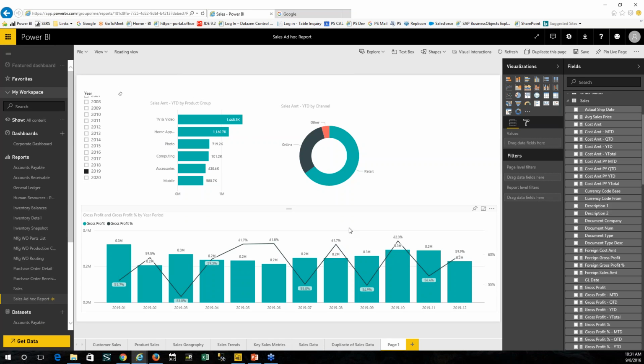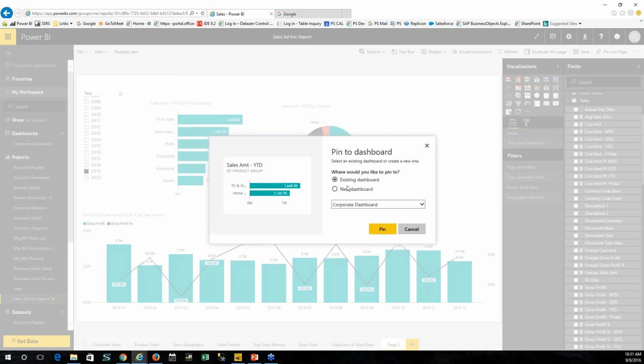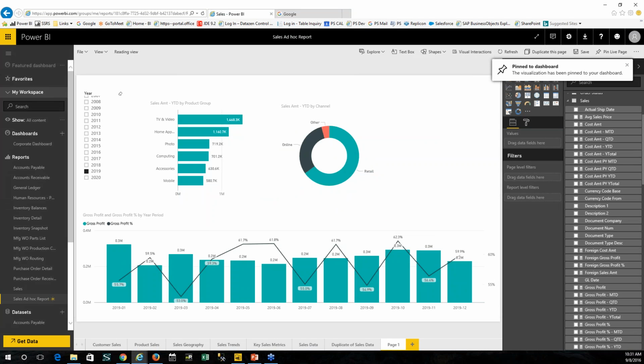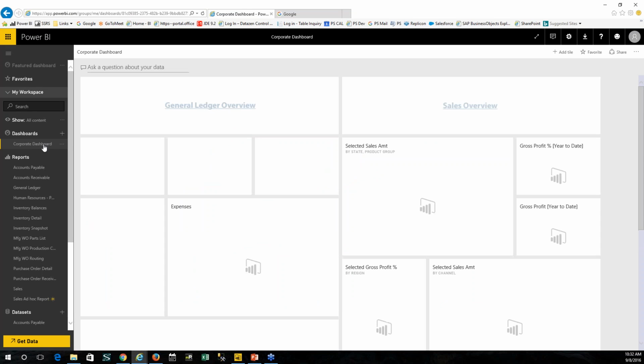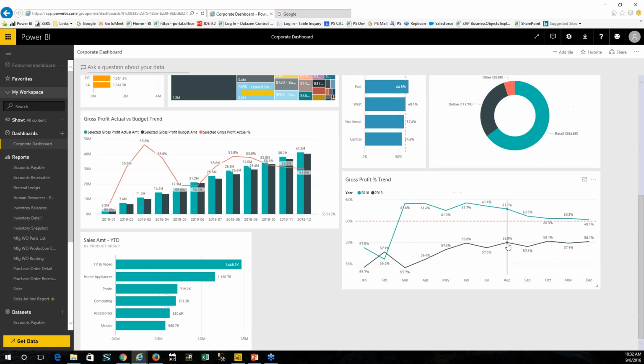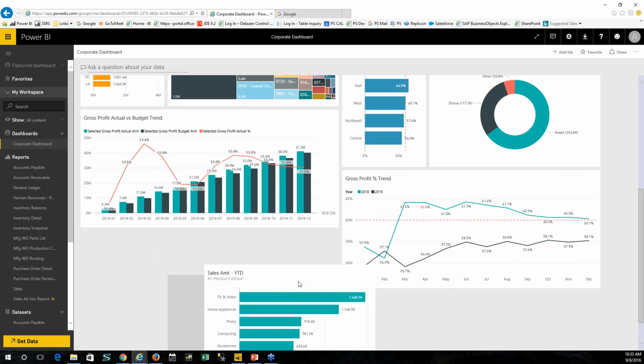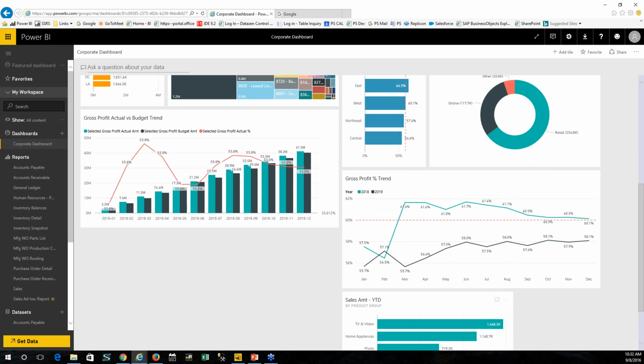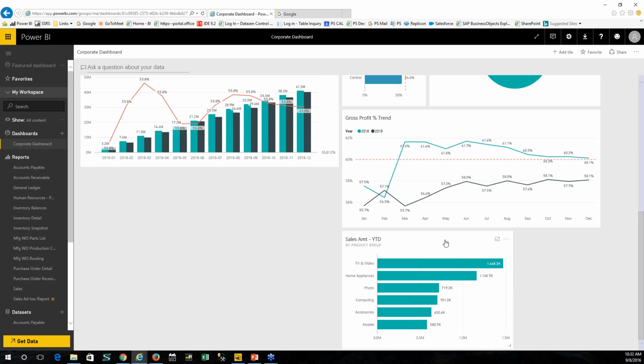The other thing we can do is, let's say we wanted to add one of these as a visual pin to the dashboard. So we can go here, pin the visual, okay, and it's going to pin this to an existing dashboard, or I can create a new dashboard I want to pin this to. So this is now, again, pinning the visualization to the dashboard, and if we navigate back to our corporate dashboard, if I look down at the bottom here, here's our new visual, and I can drag that wherever we want. I can resize it. Okay, and if I click on that, it'll take me back to the report. Okay, so that's how you